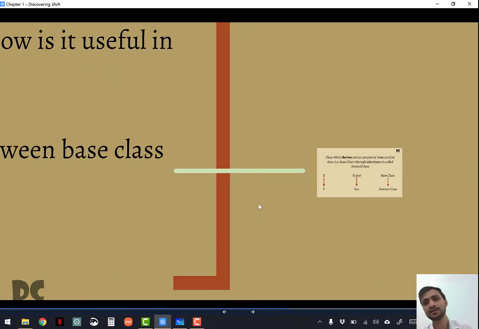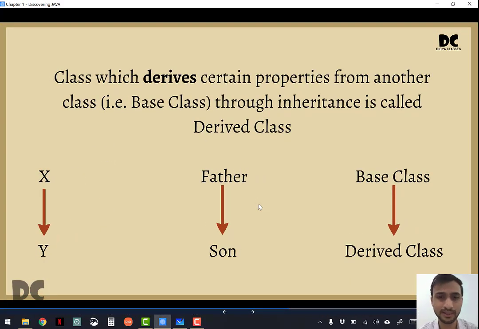And you have to write this definition in board exam and I am making it a little bit easy for you. Here, there are 2 classes, X and Y. Okay, Y is acquiring some properties from X. Therefore, X is the base class and Y is the derived class. Y is acquiring from X. Y is deriving from X. Y is bringing something from X. Therefore, Y is the derived class and X is the main class. Therefore, it is a base class.